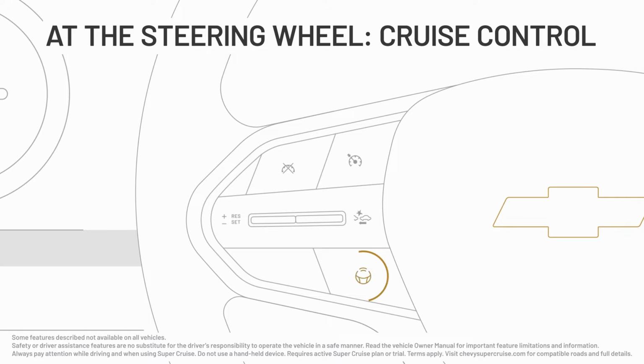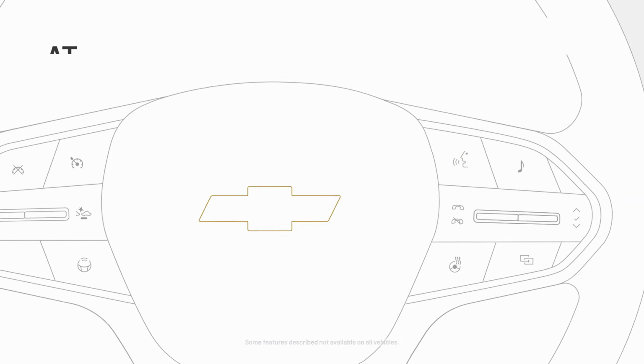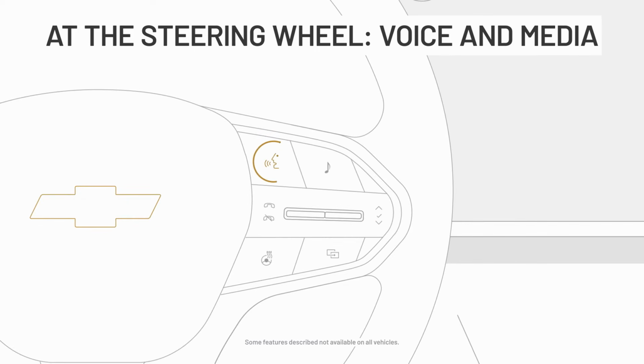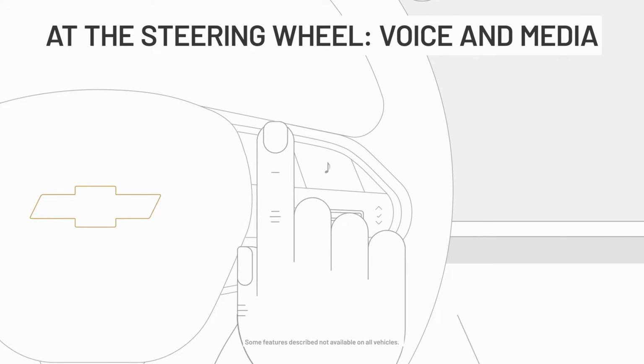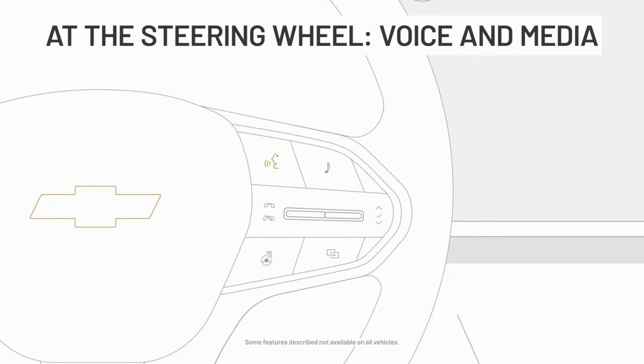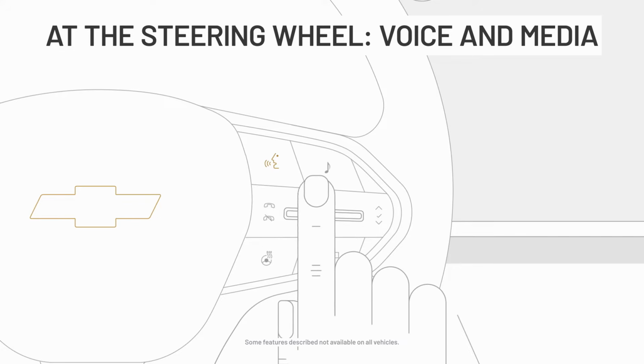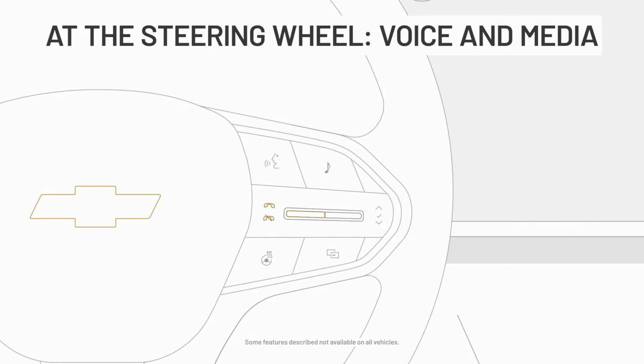For vehicles equipped with Super Cruise driver assistance technology, this button activates the feature. This is the voice recognition button. You can use it to communicate with your assistant or press it to answer incoming calls. This one is for ending calls, and on some vehicles it's also used to answer incoming calls or to make calls. This button opens the audio source list.